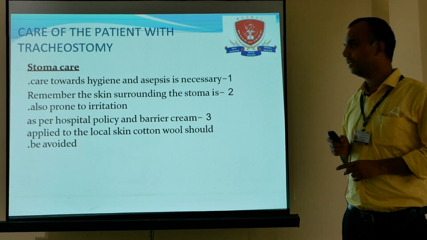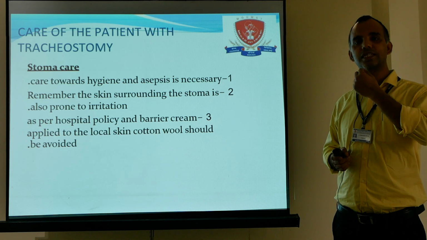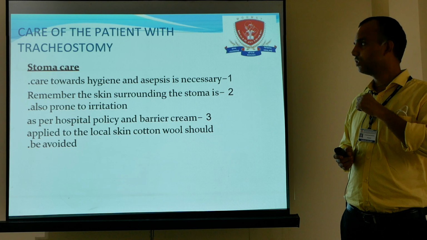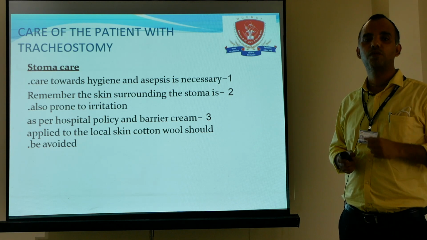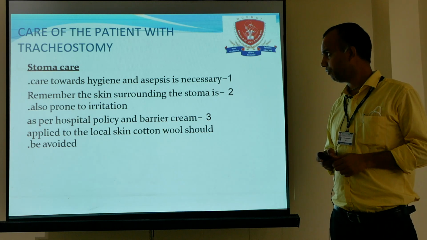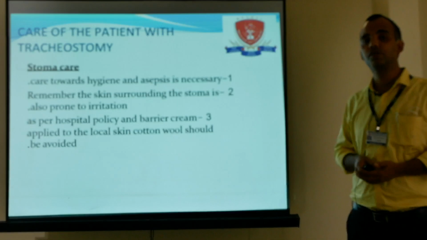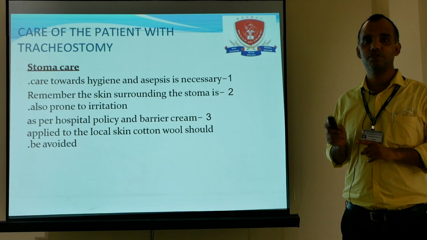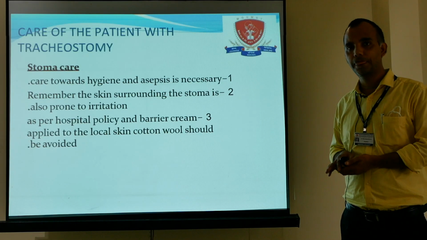In stoma care, the tracheostomy tube is placed between the second and third tracheal cartilage and it is inserted into the trachea. So for that stoma, the area around the tube, we have to provide care. Proper care has to be maintained to prevent infection, because in the complications there are more chances of infection. So how will we provide this stoma care?